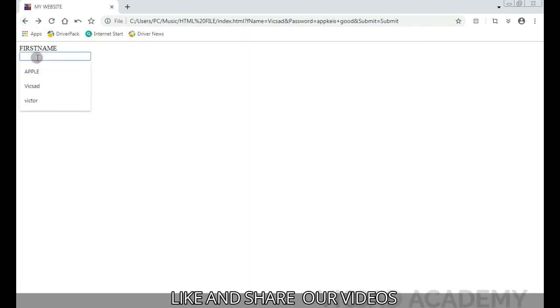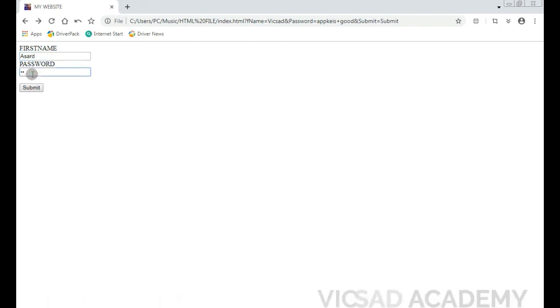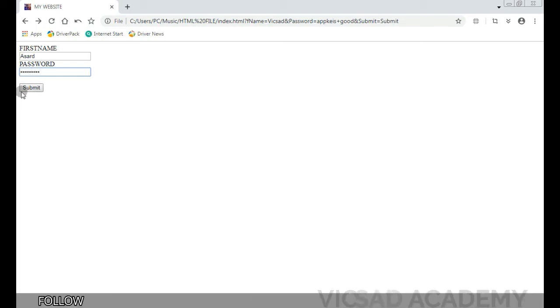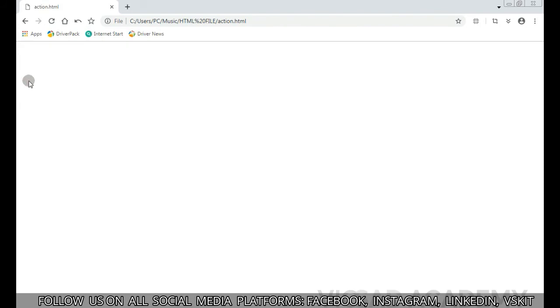So I'm gonna give my first name, and give my password. So I'm gonna submit it. Now I've submitted my form, and the action attribute has taken the data from the form and then sent it to